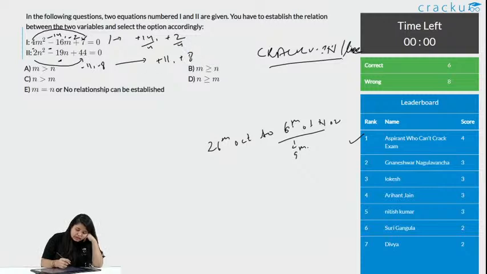So, what I am doing here is, I am just dividing my value of m with 4, and similarly here we have 2. So, this number should be divided by 2. So, what is the value now we get is, for m, the value is 14 divided by 4, that is 7 divided by 2, or you can say plus 3.5. Similarly, here it is plus 0.5, and for n we have 11 by 2, which is plus 5.5,